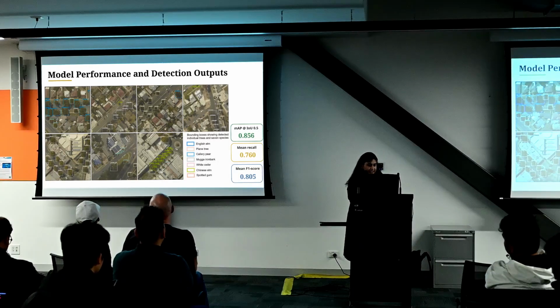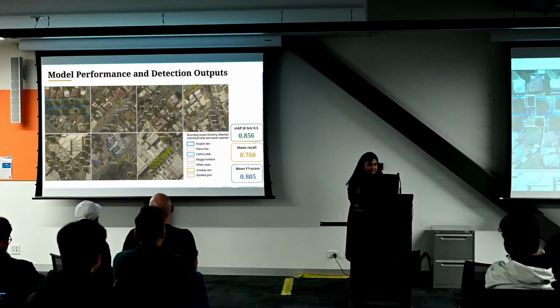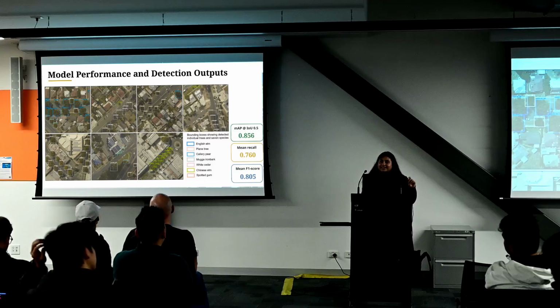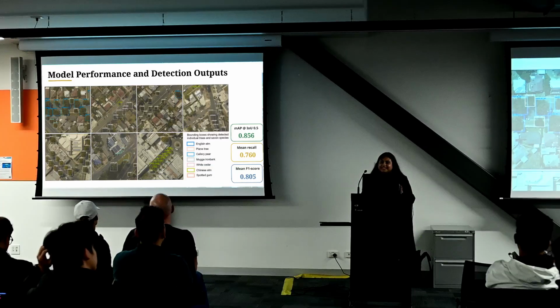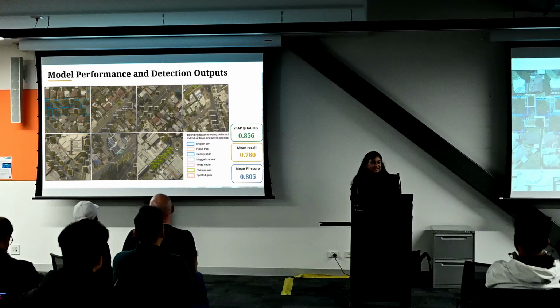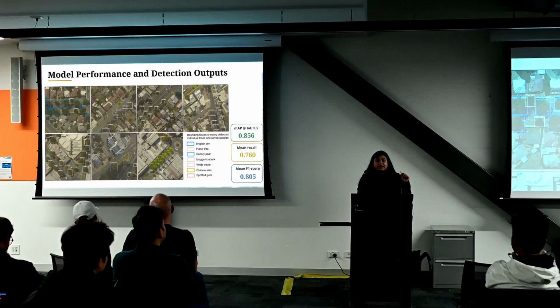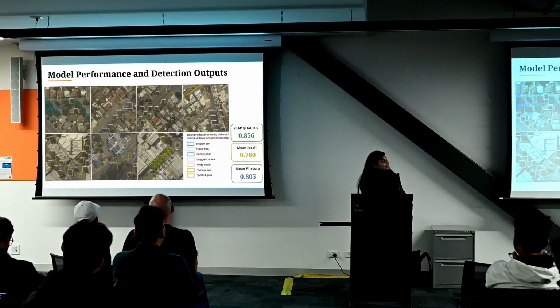I'm not sure if I can zoom in, but it's very blurry. You can see there are misses, but there are also hits, so you can see how the model worked. For every tree species detected, it gave accuracy metrics so that I can understand how my model worked. Overall, my model worked really well. I got 85.6 accuracy.